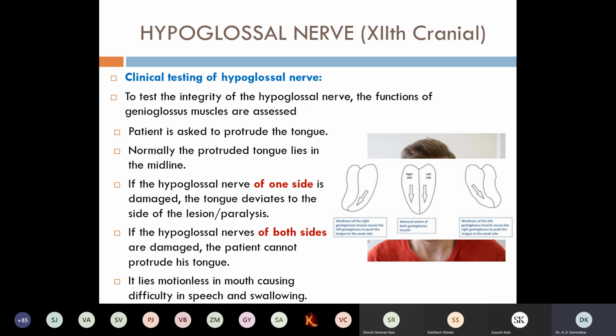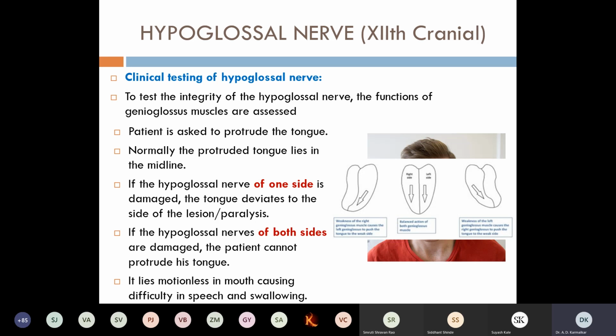Okay, now how are you going to test this? There are different ways. When you are testing the genioglossus, you should know the genioglossus muscle. The genioglossus muscles of both sides will go forwards and medially, so that when both are acting, the tongue will be in the midline. Suppose the left side is paralyzed, the right will move forwards and medially, so that it will push the tongue to the left side. That's why we see the tongue will deviate